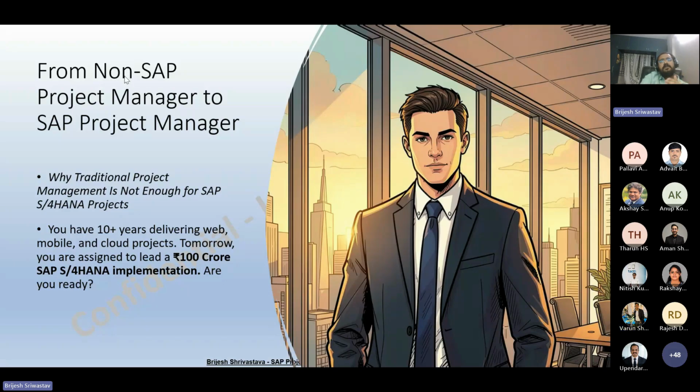And suddenly in your first SAP project meeting you will start hearing them ask you to schedule fit to standard, SAP Activate, RISE with SAP. These are the things you will hear. Business partner, transport management, so many things. And if someone asks you, hey, what is the status of the RISE with SAP register? If you do not come from an SAP PM background, you are not able to tackle this situation or track this register. Someone asks, has the fit to standard workshop been completed or not? And someone asks, when is the cutover rehearsal planned?